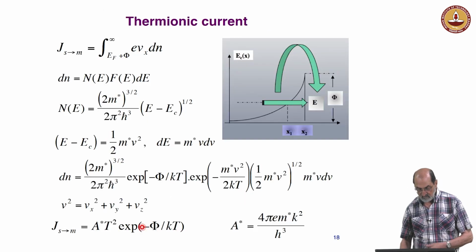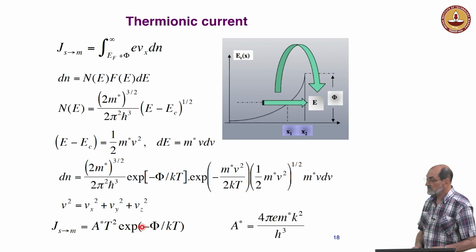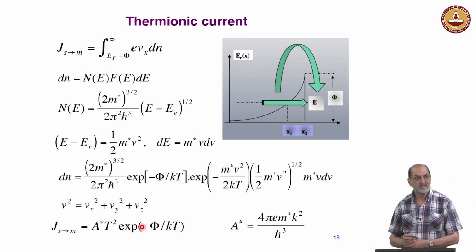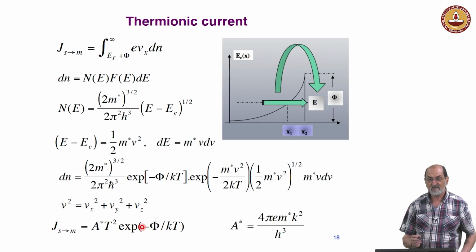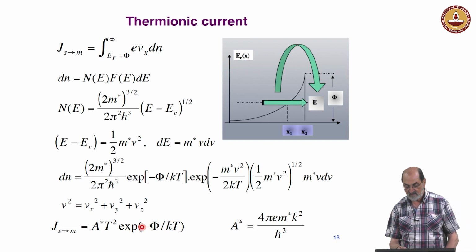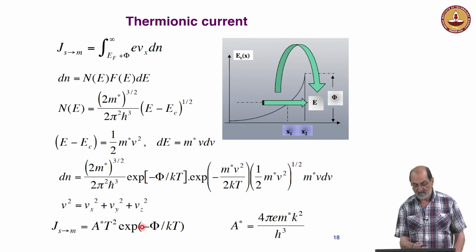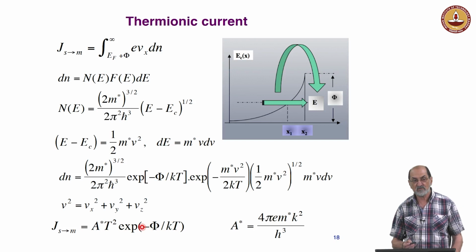So, is this scary? No, isn't it? Well, let's start with thermionic current. What is the current coming from the semiconductor? This is done for a Schottky barrier, which is a semiconductor-metal